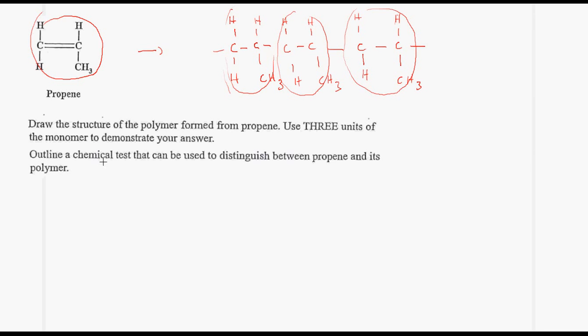The next part asks, outline a chemical test that can be used to distinguish between propene and its polymer. So this is the polymer here, which is polypropene. And this is propene. Now remember, the key difference here is that we have a double bond present in propene and there is no double bond present in polypropene. So therefore, a chemical test that we can do is to add bromine